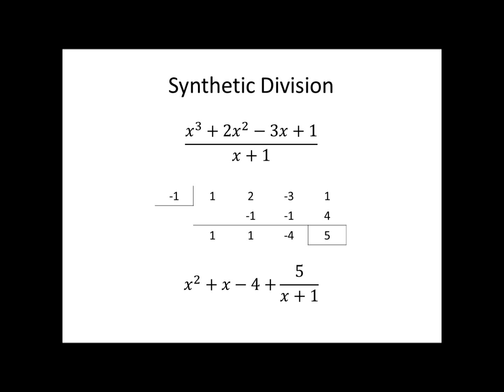And we place the remainder on the top of the fraction with the x plus 1 on the bottom of the fraction. So the stuff in front is what the book refers to as the quotient. The number in the box is our remainder, and it goes over top of the binomial that we're dividing by. So when they ask you to use synthetic division to find the quotient and remainder,